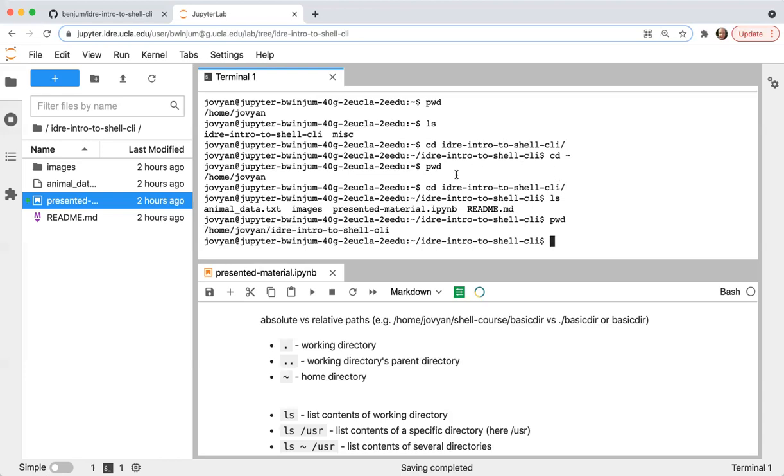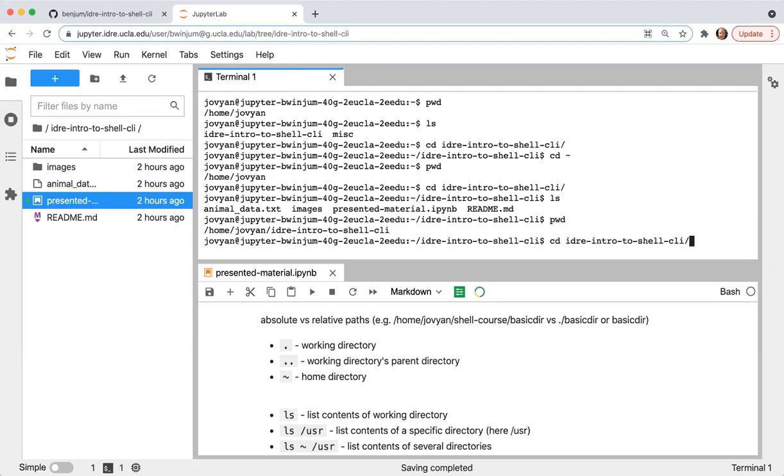You might notice when I typed cd to change directories, I didn't have to put in the absolute path. All I did was type the name of the directory that I wanted to navigate into. And what this does is it assumes that the directory I've typed in is in my current working directory. If that's not the case, then it will give me an error. So I'll use the up key again.